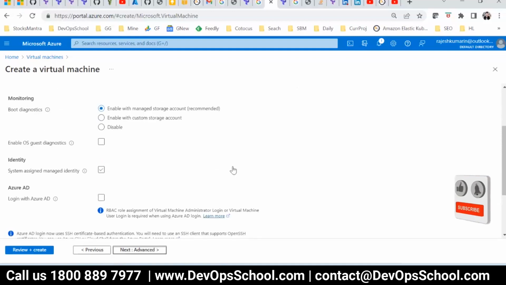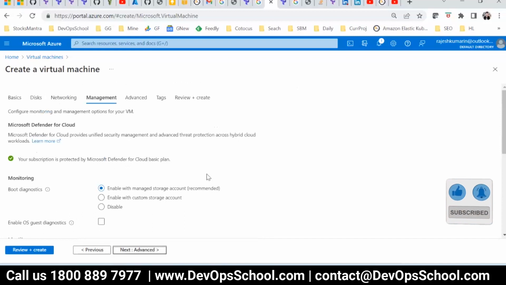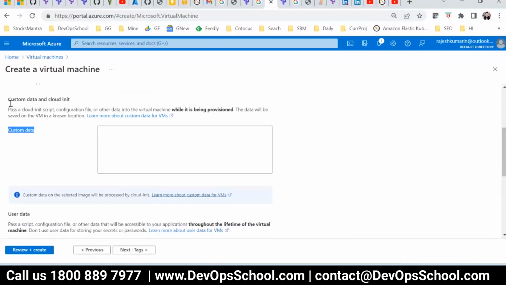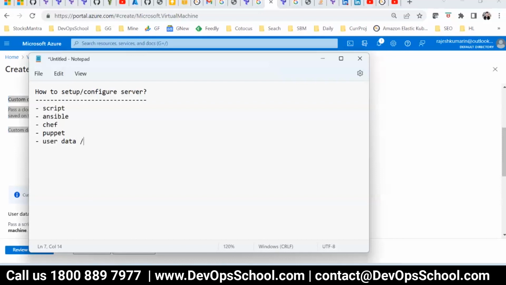Now this is the area which I want. Do you know this? All of you? Yeah, this is nothing but while deploying it will configure. Again, here we need to write some code, right? Correct. So here, this is the user data and custom data. There are two kinds of data we have.